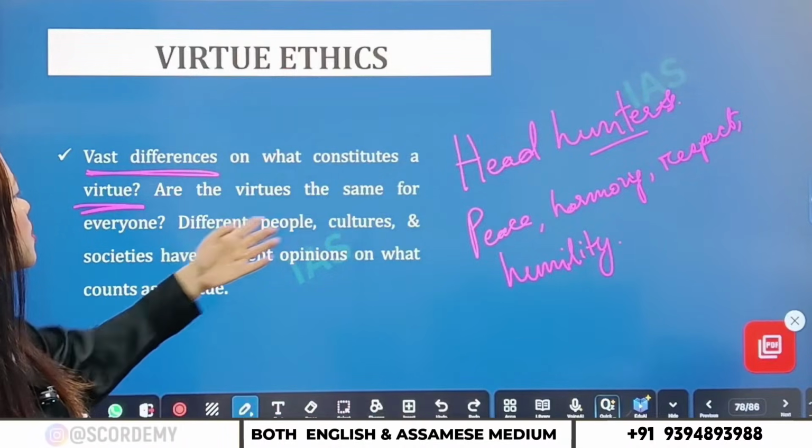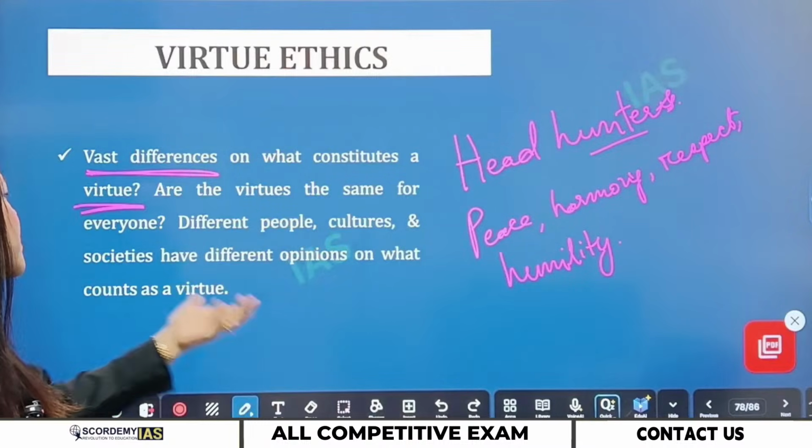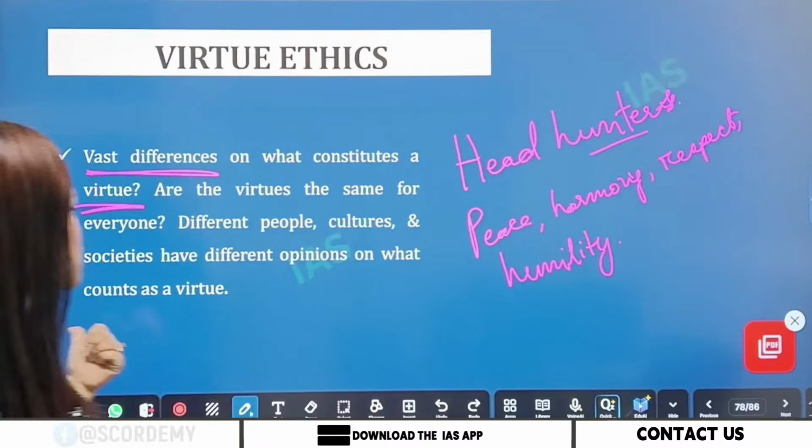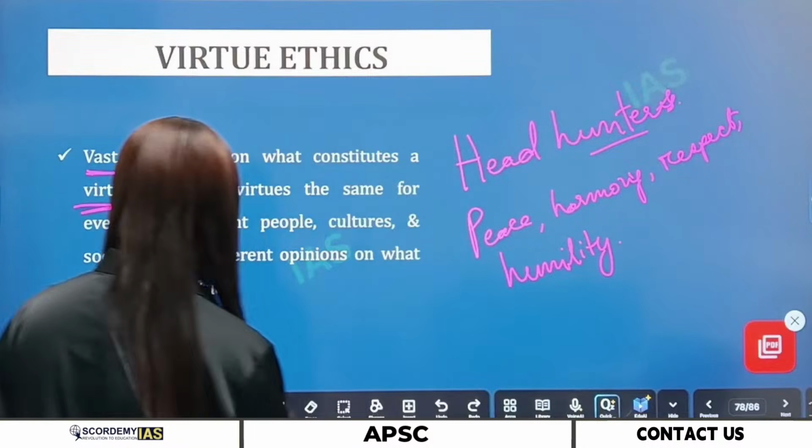So are the virtues the same for everyone? Different people, cultures, and societies have different opinions on what counts as virtue. And here itself, I have to talk about